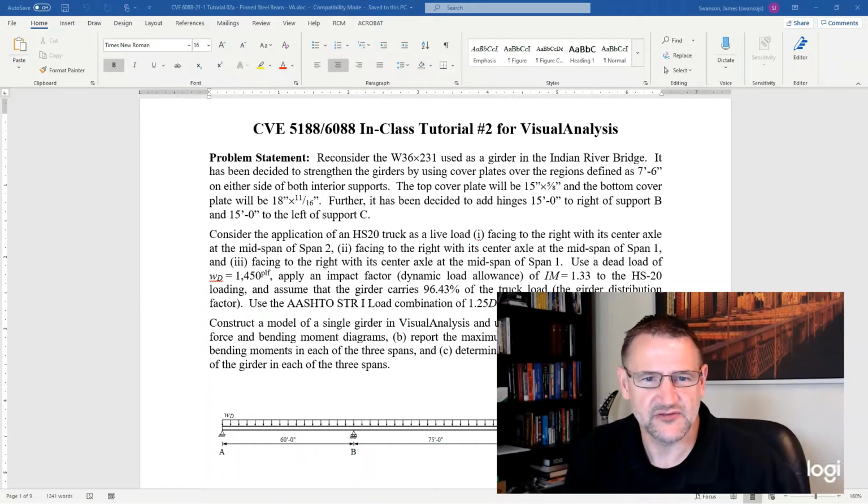So specifically, we're going to have cover plates that are 15 inches wide by 5/8 inches thick on the top, 18 inches wide by 11/16 thick on the bottom. Those cover plates are going to be 15 feet long, centered over the interior supports. Then 15 feet to the right of support B and 15 feet to the left of support C, we're going to add hinges,